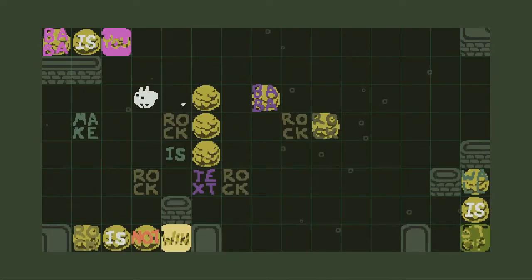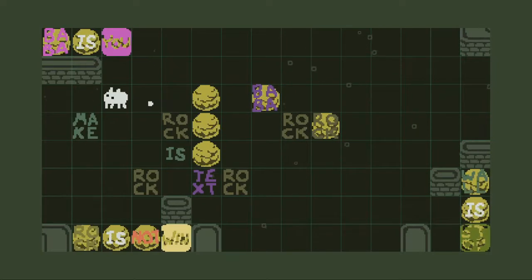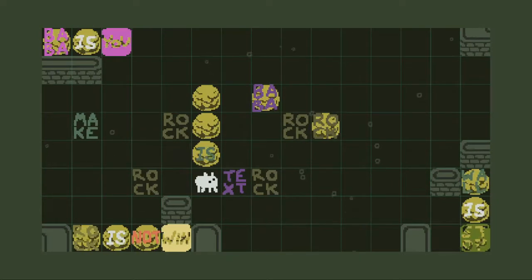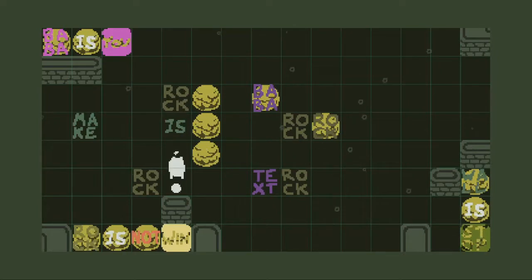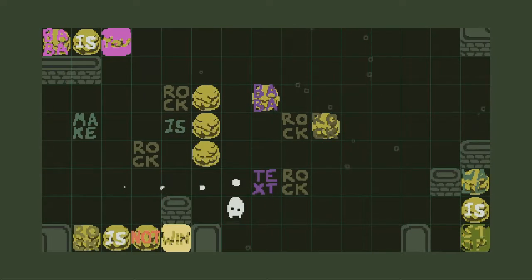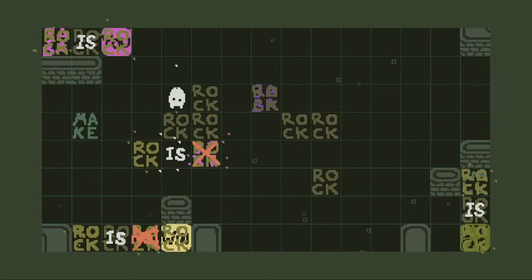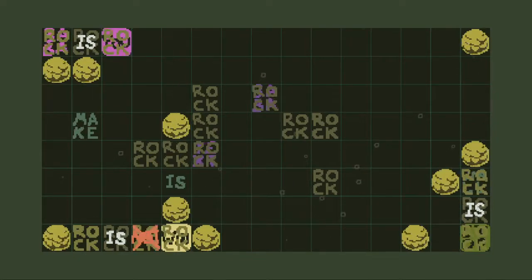Okay. I think I see what I want to do. Here's what I think I want to do. I think I wanted this all to be one higher. So now if I push this down, rock is text. If I push it down again, everything turns into rocks. And if I push down again,